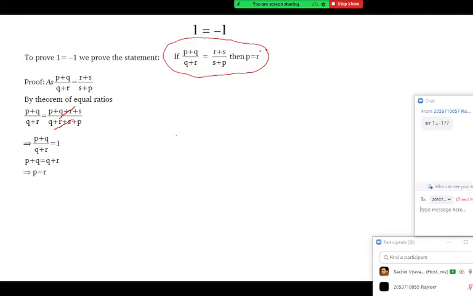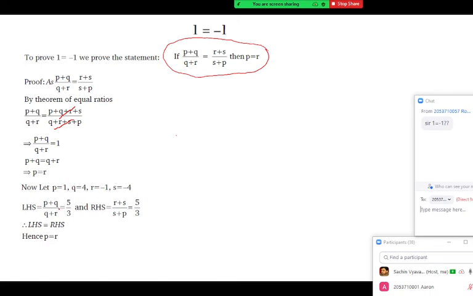So let me move to the required thing. Now let me replace some particular values for P, Q, R, S. So in the next step, I'm going to take P is equal to 1, Q is equal to 4, R is equal to minus 1, S is equal to minus 4, so that for these values, LHS is equal to RHS.